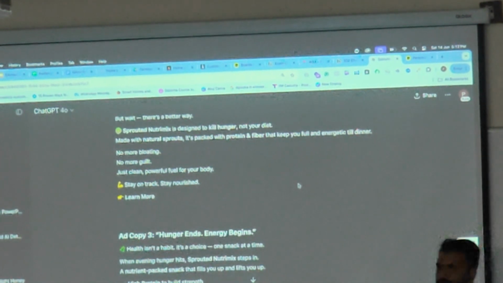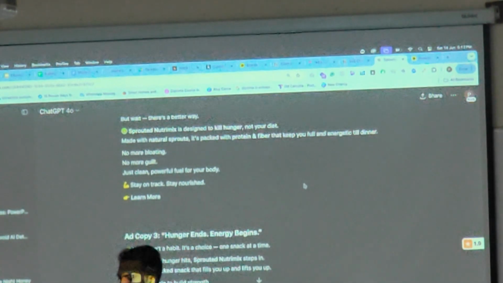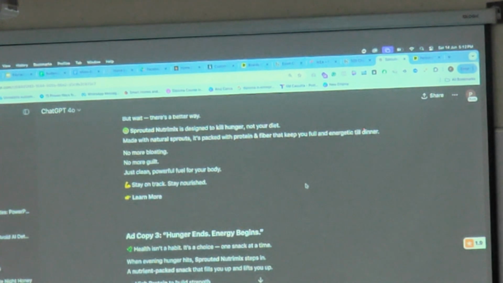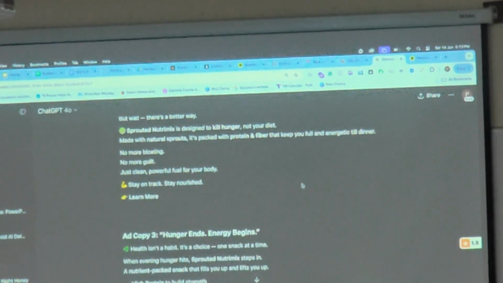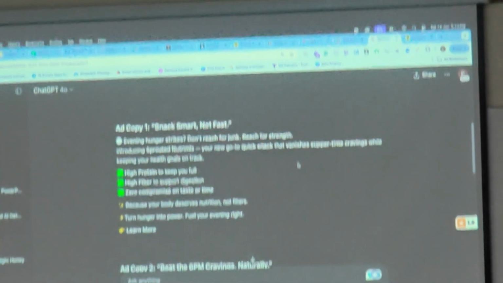Primary text means sales copy. Keep a minimum of 3 to 5 sales copies whenever you are writing the copy. So we got the 3 over here. We are not going to validate because we have very little time.